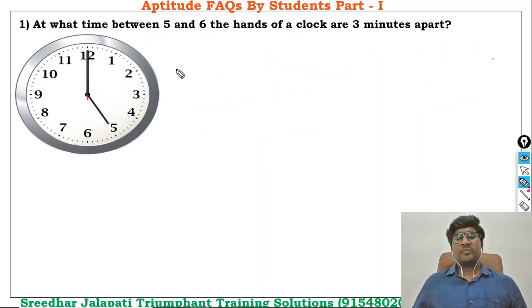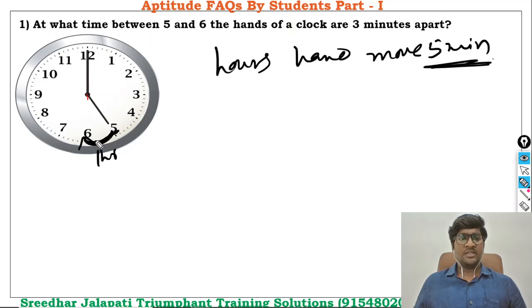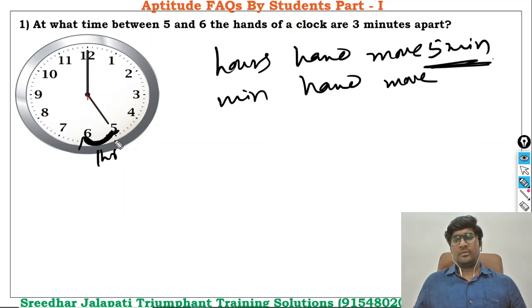Now pay attention. Right now the time is 5. Let's say in moving from 5 to 6, that is 1 hour space, in that 1 hour, hour's end moves 5 minutes space, because from 5 to 6 it's 5 minutes space. Whereas in moving from 5 to 6, minute's end moves 60 minutes space for the entire thing. Because if the time has to be from 5 to 6, minute's end has to complete one full cycle, which we call 60 minutes.